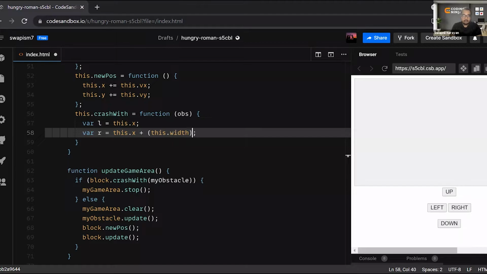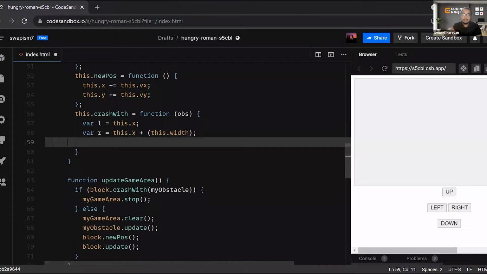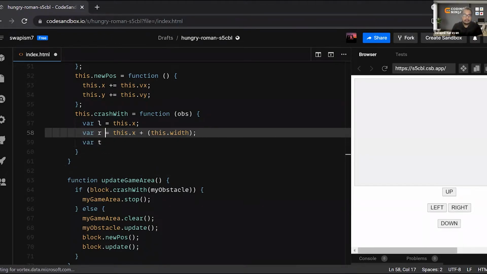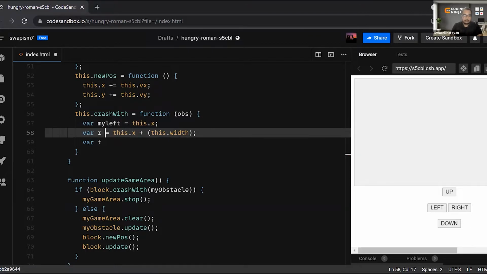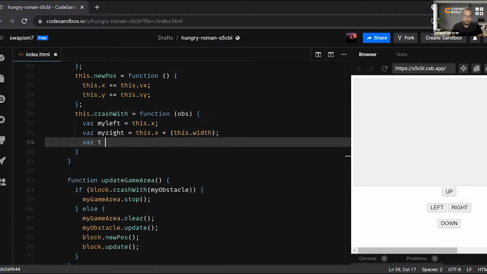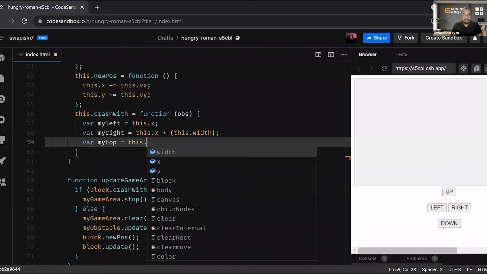These are the bounds. Left bound, right bound. I am actually trying to make the bounds. Let's make it my left, and then my right, and then my top. This will be this dot y.